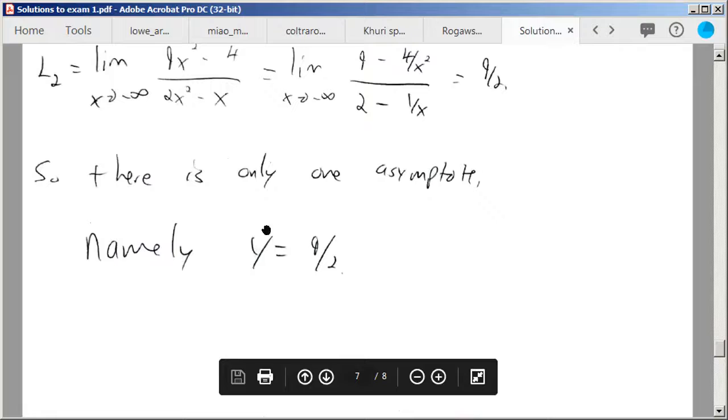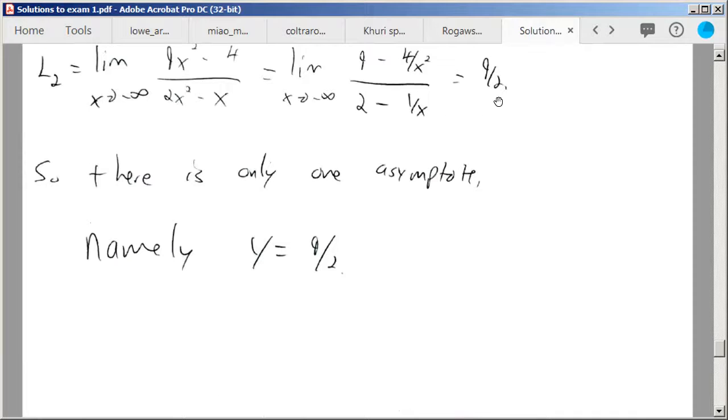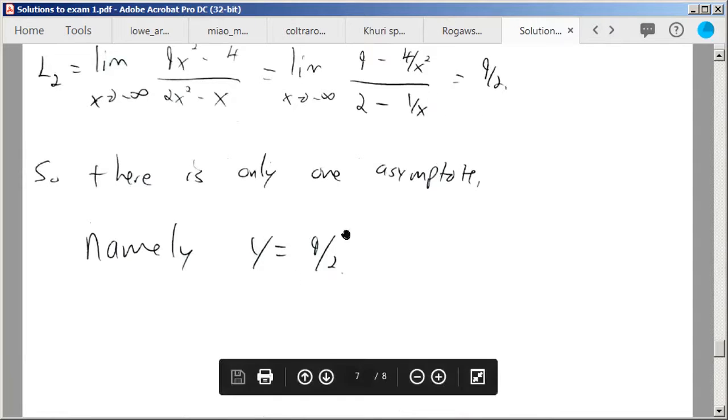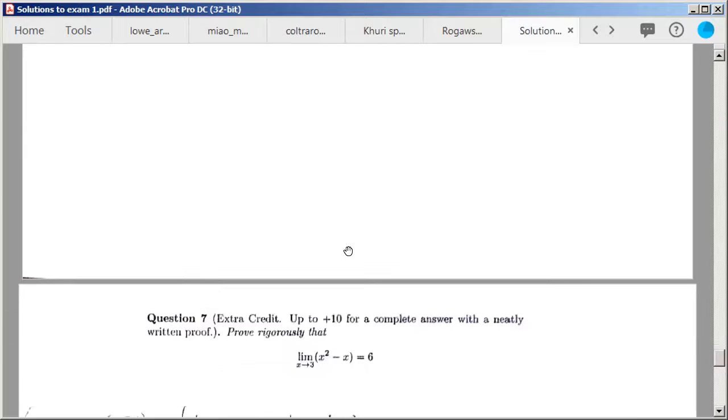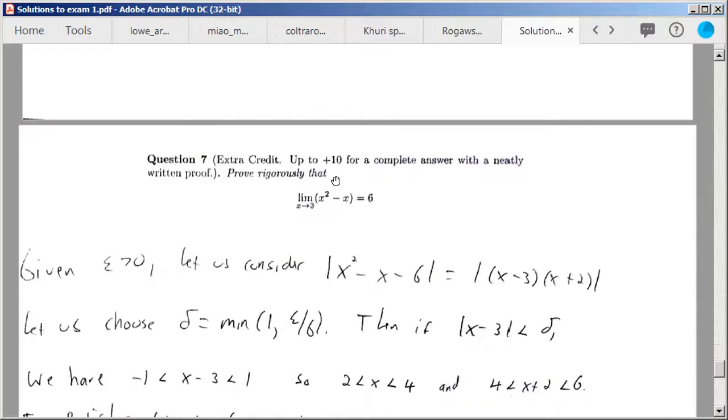So there's only one asymptote, and it's y equals 9/2. And I actually made a conclusion. I didn't just write down this limit is 9/2. I wrote down, because of that, here's a formula for the horizontal line, which is a nice thing to do, and it doesn't take much time. For extra credit, by all means, skip it. You don't have to do this, but